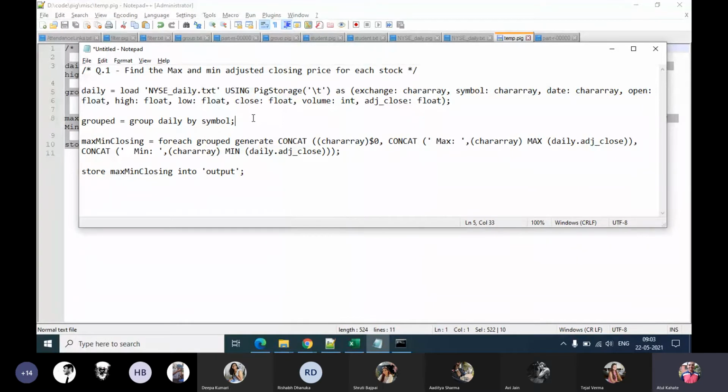You may have to consult the syntax, do trials and errors. It's not very easy to get it up and running in the first attempt, but at least you should know what is possible, what you can do, and what are the things which are maybe not possible to do in Pig also. All right, so try this example. We'll go for a break, and then we'll resume in another 15 minutes or so, around 9:18 to 9:20.